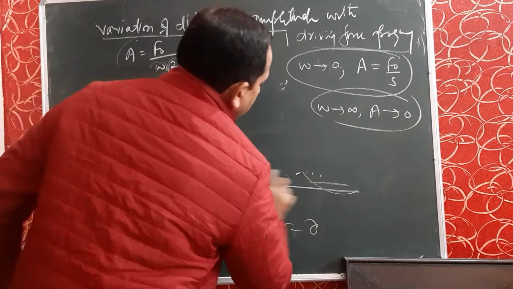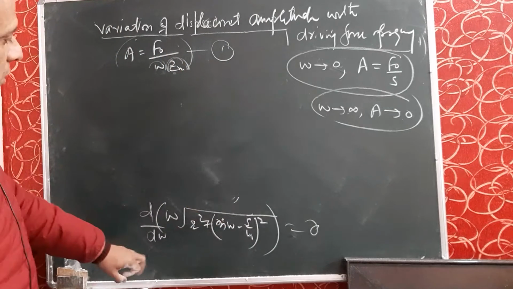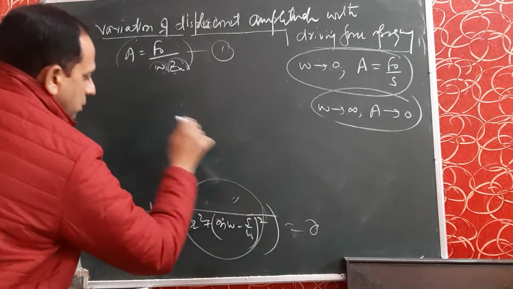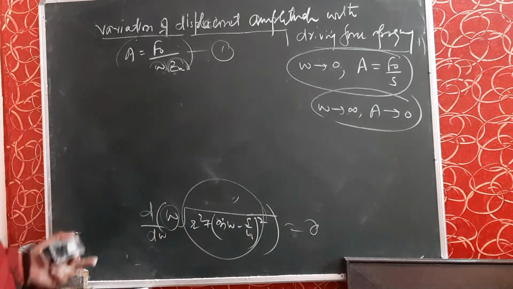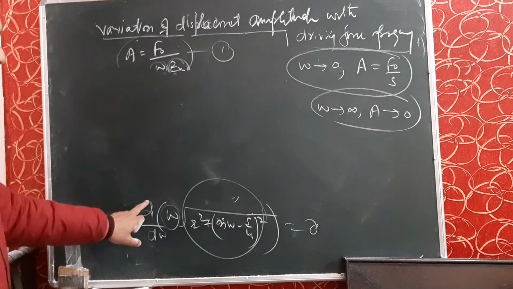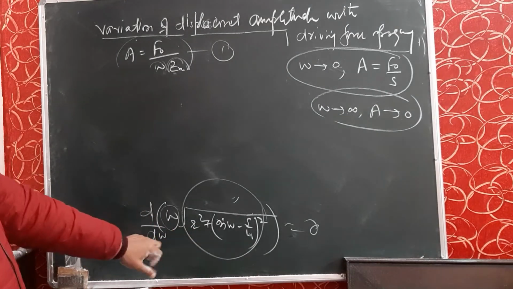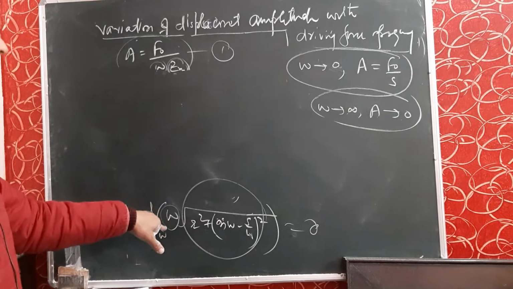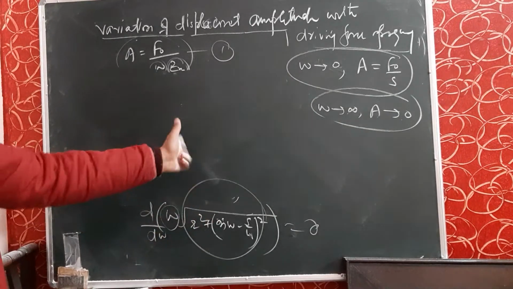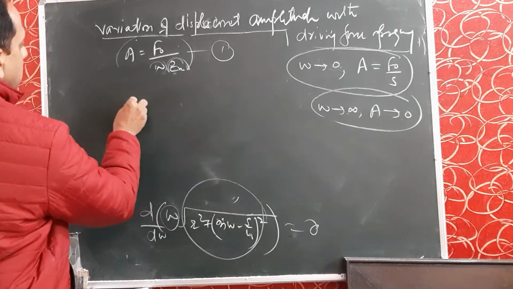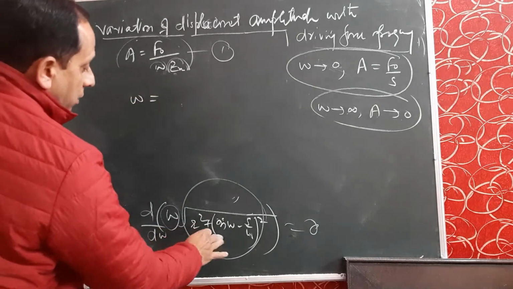Now you can find the derivative of this equation. There are two functions, first and second, so you have to apply the formula for the derivative of a product of two functions: the derivative of first as it is times second, plus second as it is times the derivative of first. You can find this derivative by yourself, and on solving